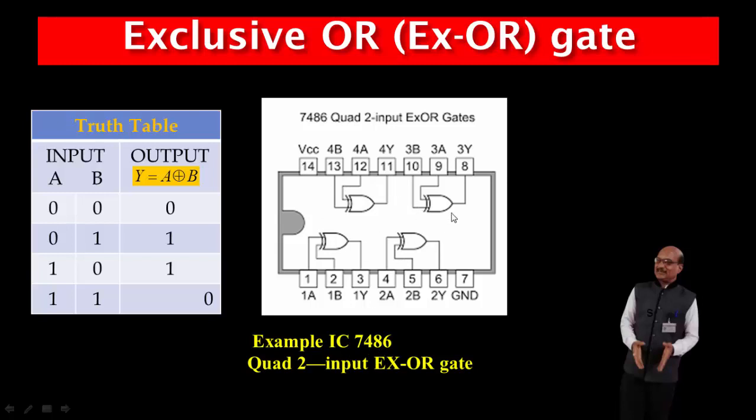So this pin diagram is very useful when you are doing practicals in the laboratory, because you should know at what pins the inputs are and at what pins the outputs are. Then you can make the connections accordingly in the laboratory, and then you can check this truth table by applying the various input conditions. So this is the pin diagram for an IC, and it is very useful when you are doing practicals related with logic gates.